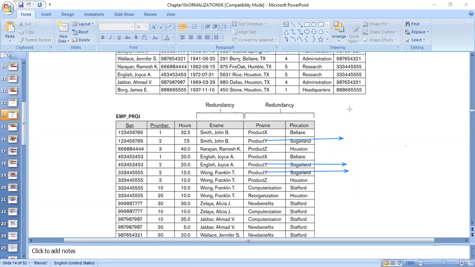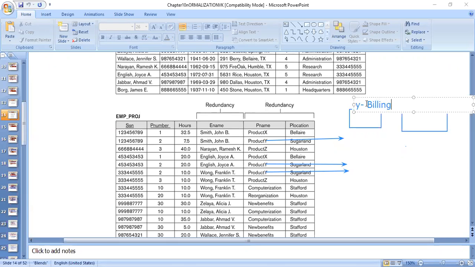A solution for this could be, again, like earlier, if we had three different tables, if you would have project table here, if you would have employee table here, then what will happen? Suppose I have to modify one particular project here. So from project Y, I want to change it to billing.